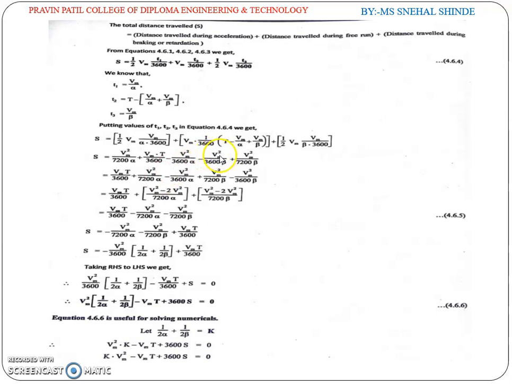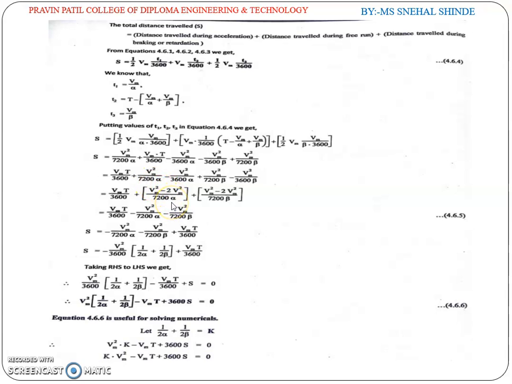Again this term in between here, then minus here. We have to just arrange the equation so that the square part is taken in the middle, and 7200 alpha, then beta. We have just arranged this equation; the upper equation is arranged in this form. So next is the Vm T divided by 3600 plus. So now the formula will be